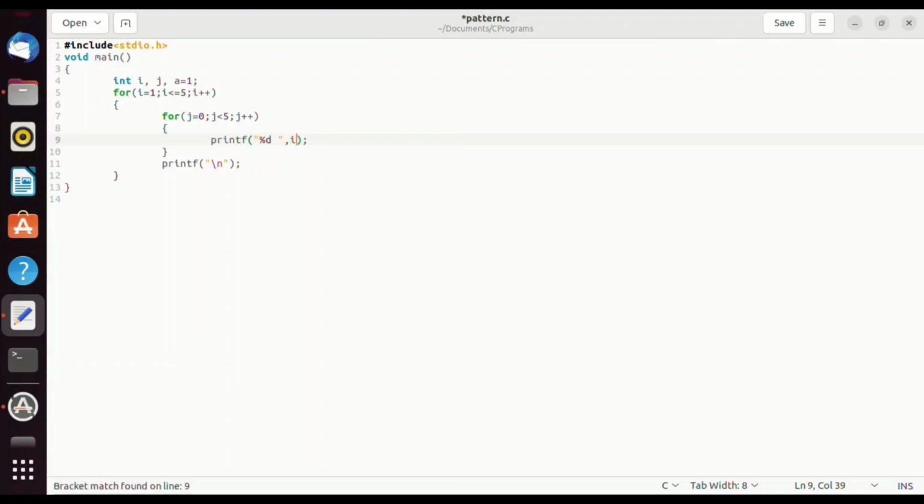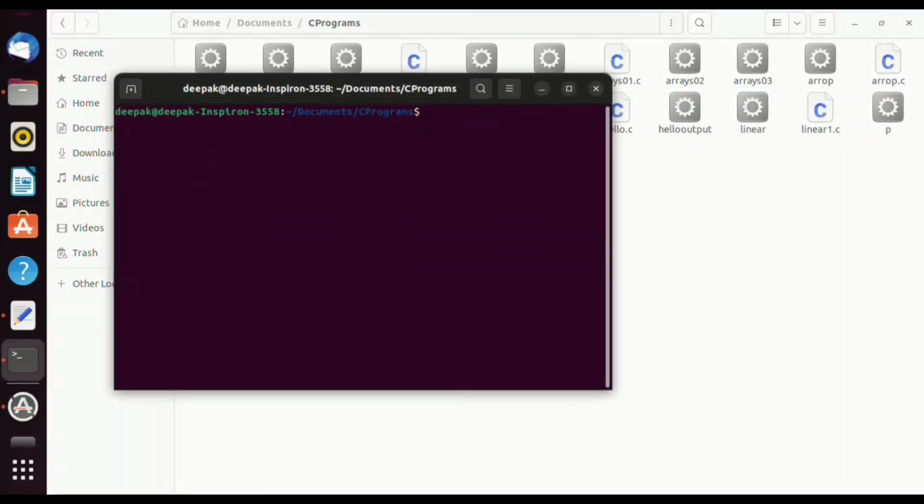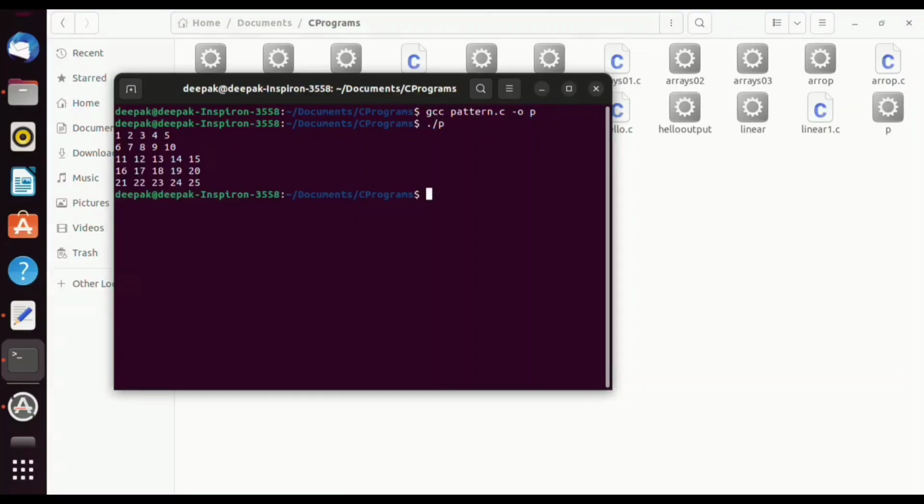We are simply printing the value of a, and after it is getting printed we are increasing it by 1, a plus plus. Simply do this and let's check what happens. Open in terminal. gcc file name is pattern.c -o p, ./p. Now you can see it has been printed, but some spaces are not in the proper way because